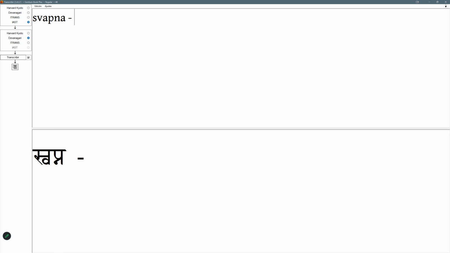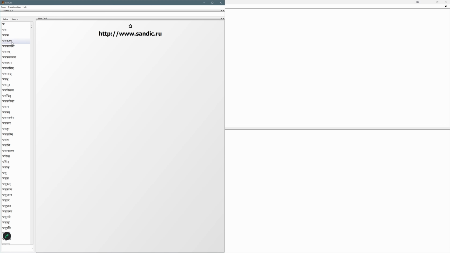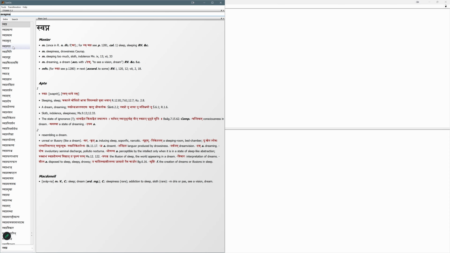So we can create a sentence. Swapna, we can say swapnaha. Nominative case. Podemos ponerlo en caso nominativo. Is masculine. Swapnaha. You can tell me why not neuter, Guruji. No, I suppose that is masculine. Now in the dictionary, swapna, no, masculine. Masculine. Sleep, sleeping, dreaming, a dream. Masculine. M, masculine. Okay.